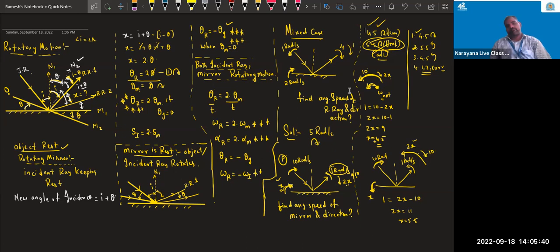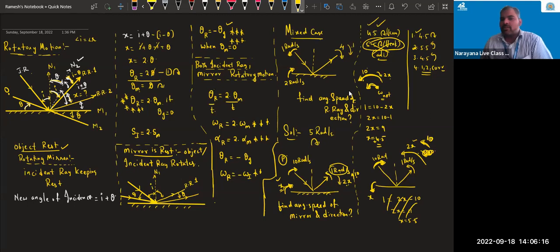Sir, in the second case, due to the incident ray, that must be in anti-clockwise movement, sir. 10 radians per second. We took it in clockwise. Okay, wait a second. He was correct. Very good. Some small corrections to this. If the incident ray is going clockwise, it means because of the incident ray rotation, the reflected ray should be anti-clockwise and